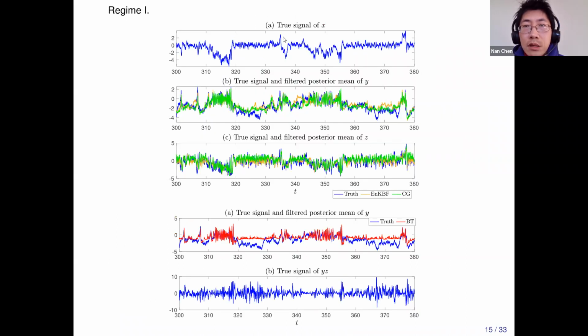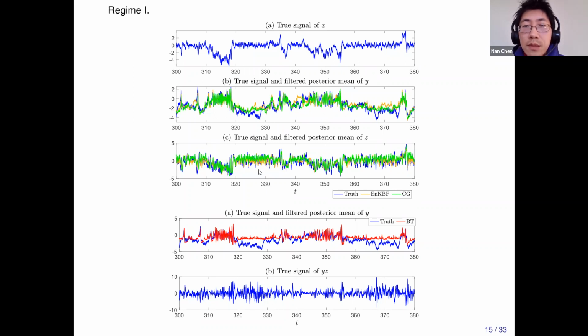This is the observed time series of X, and our goal is to recover Y and Z. What I show here is a posterior mean time series. In principle, we should also have some uncertainties, but I do not show them here. This blue curve is truth. The green curve is the method where we use a conditional Gaussian approximate model together with its closed analytical formula for data assimilation. This brown curve is when we use a perfect model, but with an ensemble-based method.